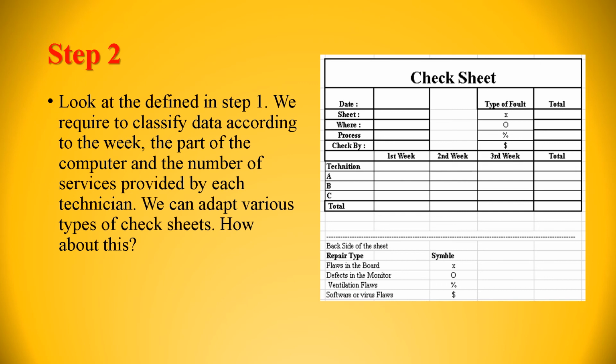The first H is how. Here they have recognized 4 types of defects, and after that they are going to collect the information especially for those 4 types of defects. The next is how much. Here the expectation is 50 clients, so the number of repairs we can fulfill within that specific time period, in other words, within 3 weeks.